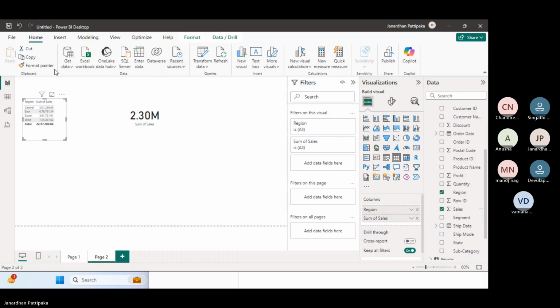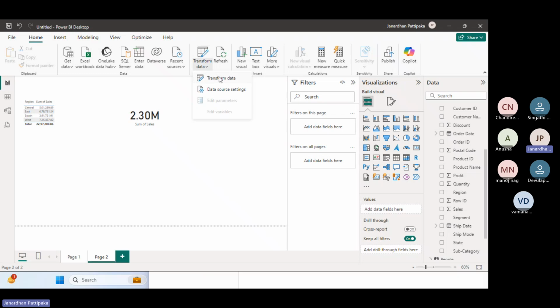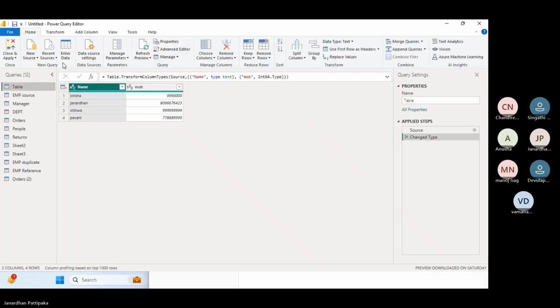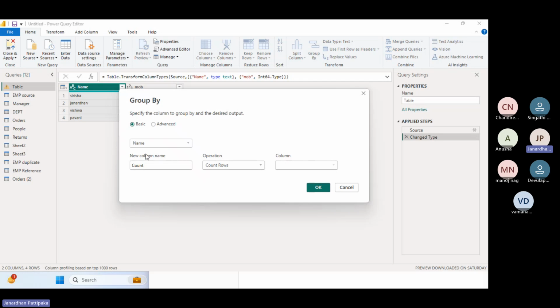Now let us apply the group by. We go to the transform tab over here. In the transform tab, let us go to the home, group by. Okay. Once you apply the group by, it is asking for the name. So my requirement is I want to find region wise sales, right? So the name,